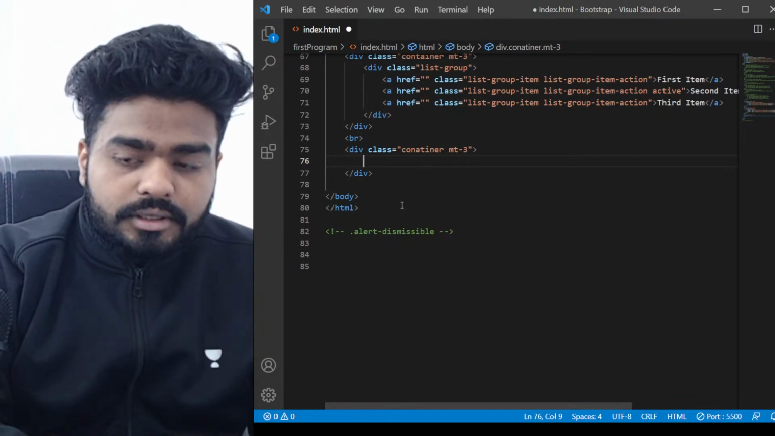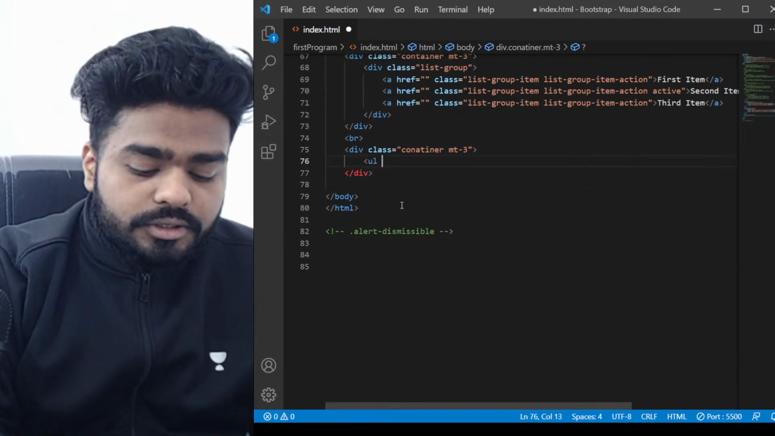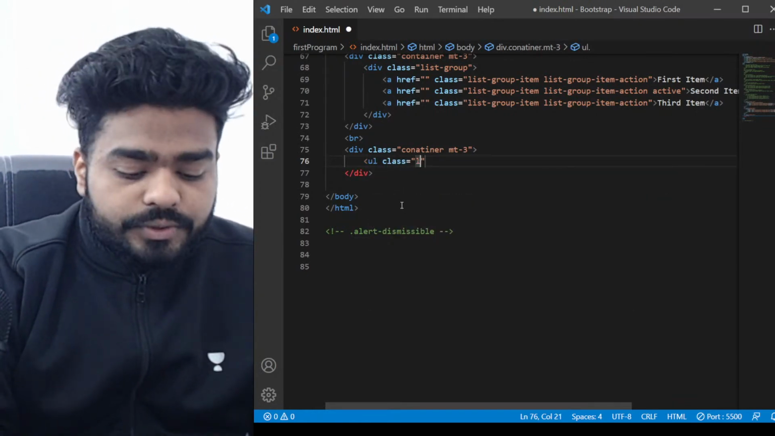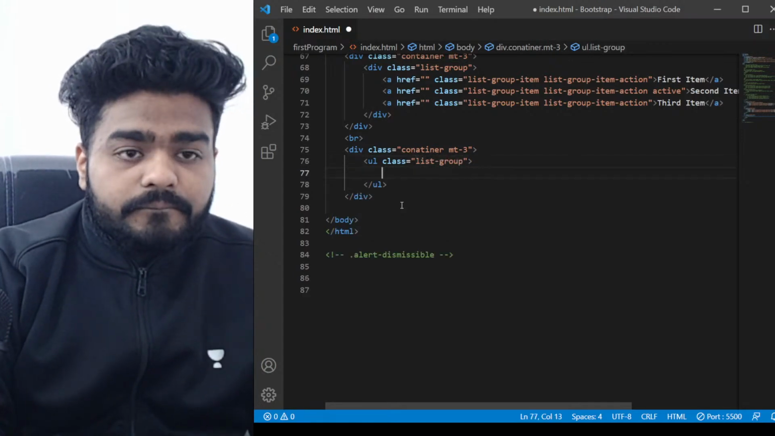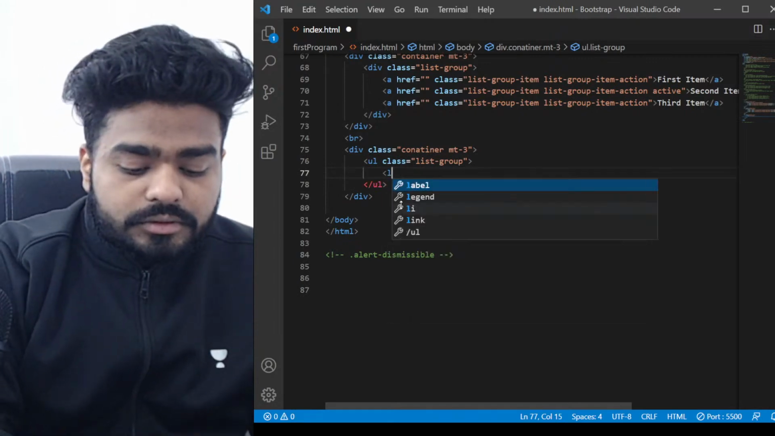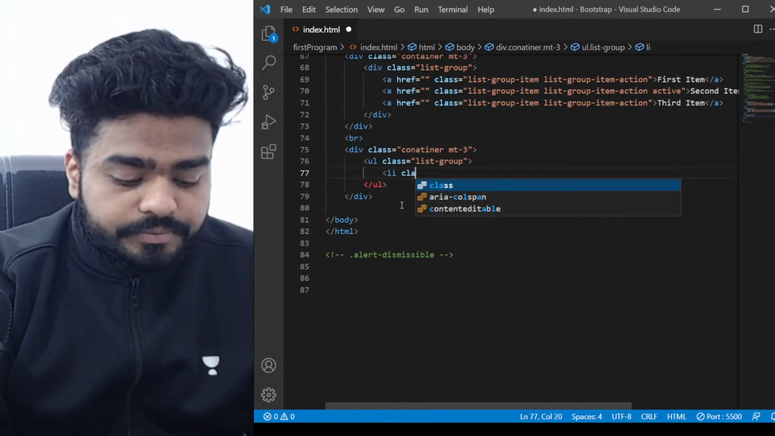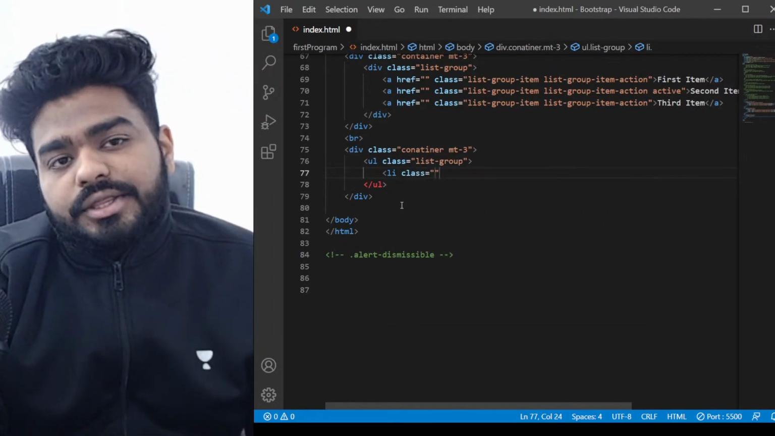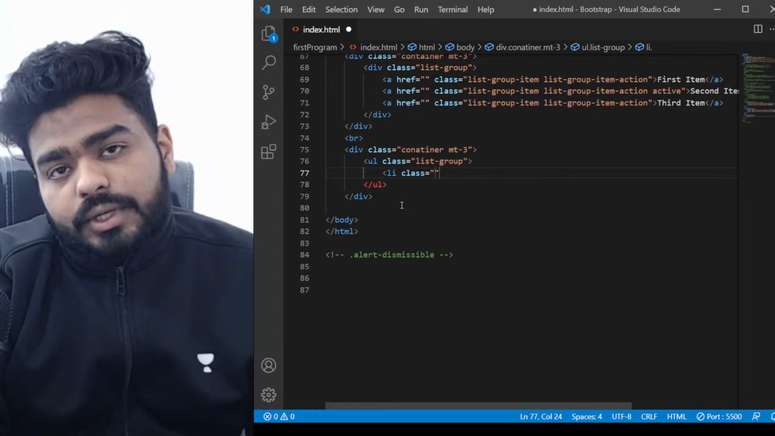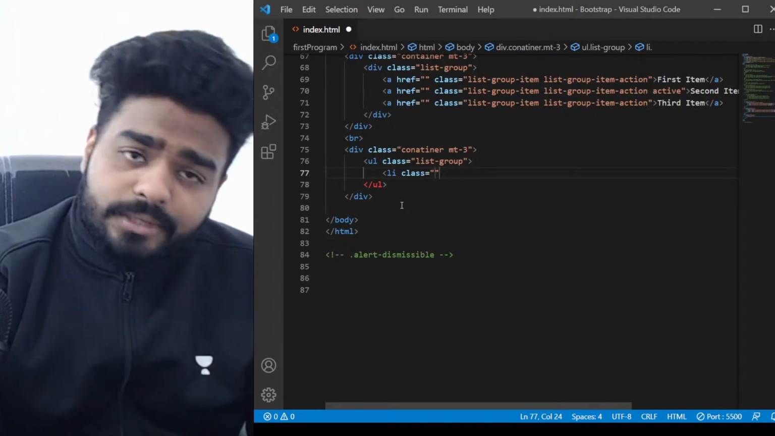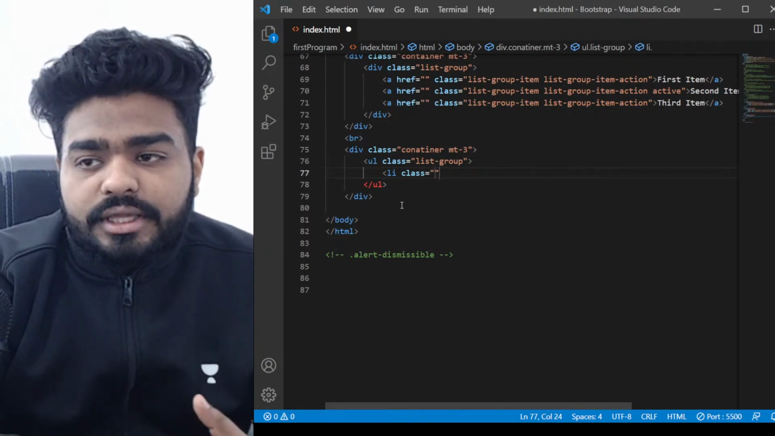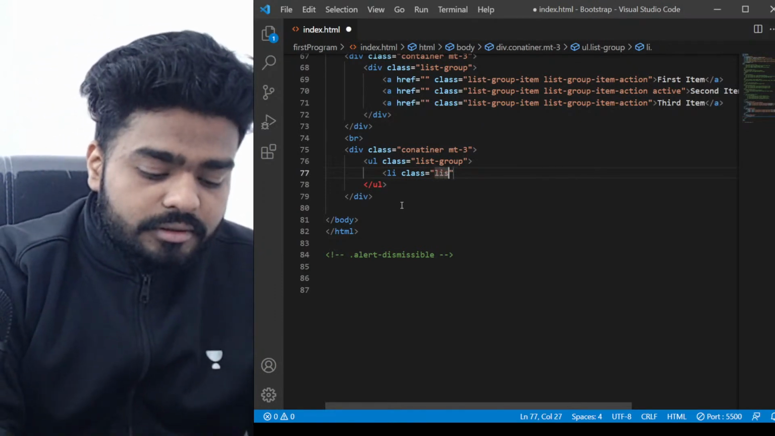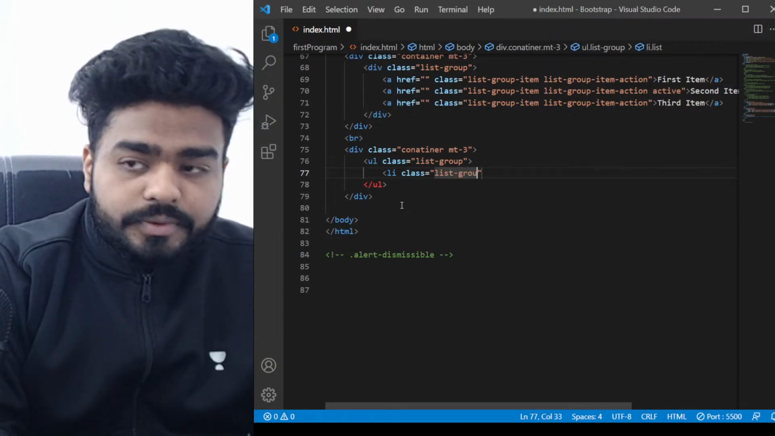Okay, and here we're going to give a normal list group. Next, again, this is not an anchor tag, so you can't click it, but you can again use a tag. That's all up to you. Right now I'm just using ul and li. So list group